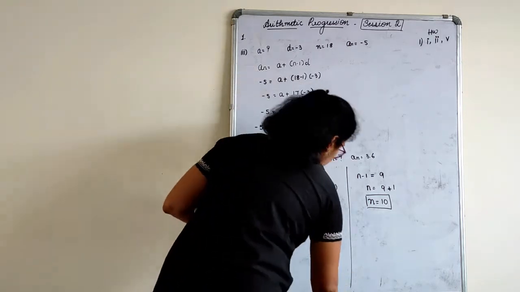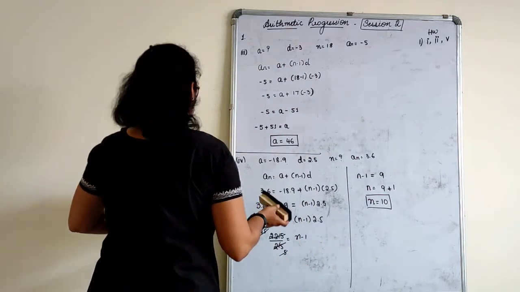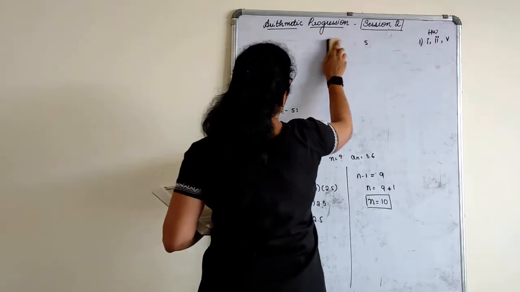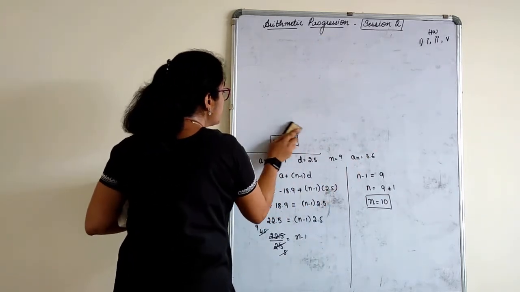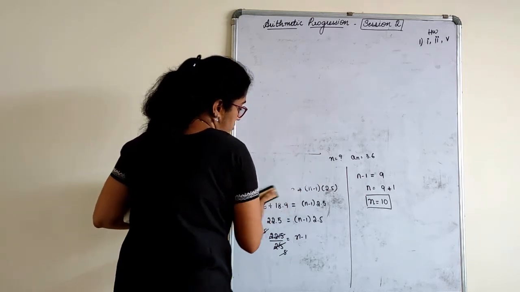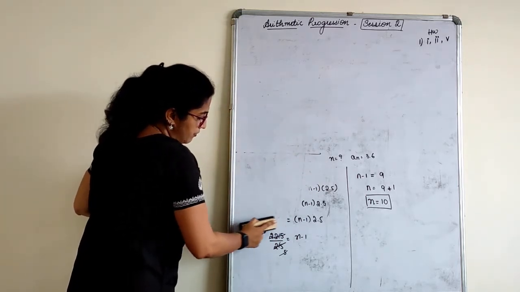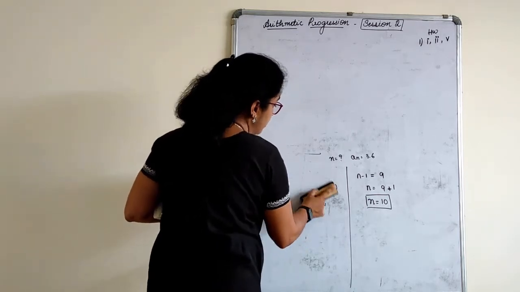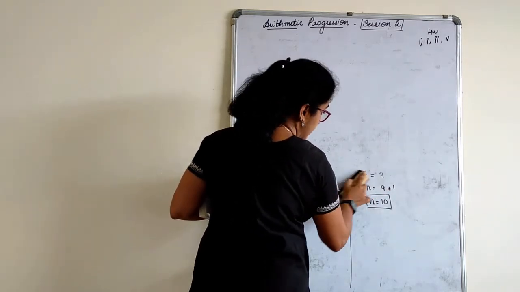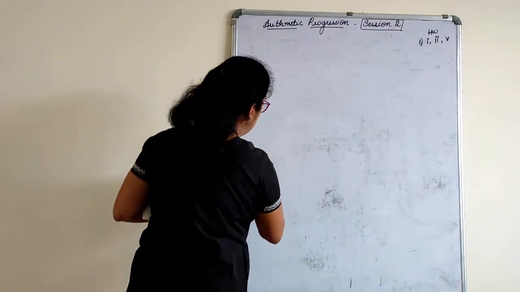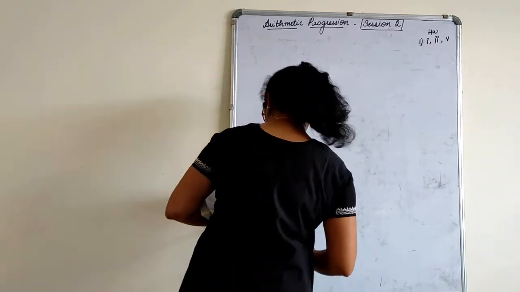So we'll quickly start with the second one. The second one is actually choose the correct answer and justify. That means we need to solve here and see what is the correct answer. So even in the exam, if MCQs come, you can't be marking it directly. The marks you get are only for the right answer, not for the steps in MCQs. But you need to solve it with complete steps to get the right answer.